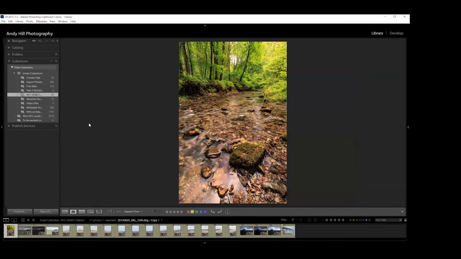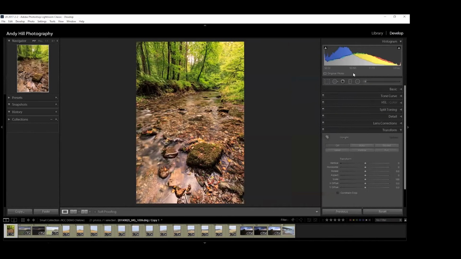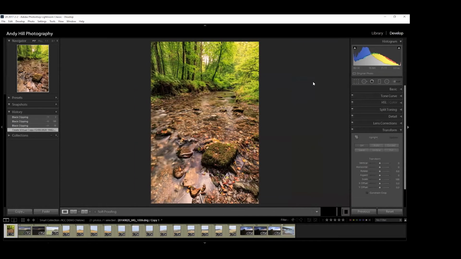So if we just pick any photograph, it doesn't really matter for this one. One of the first things you can do, and we touched on it briefly previously, is when you import them, you can apply some preset adjustments to your image as part of the import process, and I do that. So just to show you what some of those are, in the